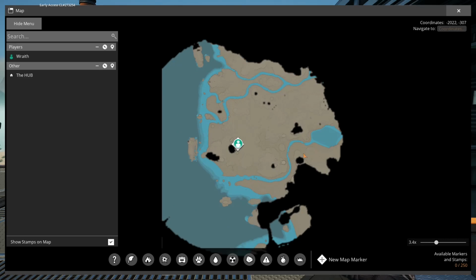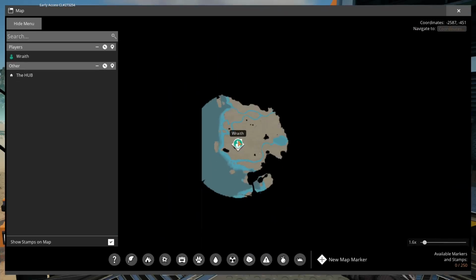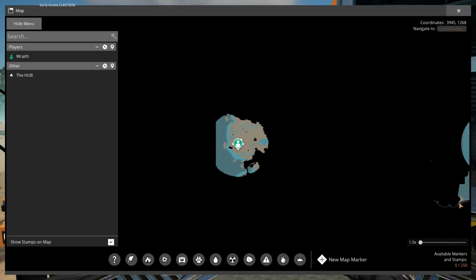You can see we kind of spawned over here. This is kind of like the cliff edge here. It goes around here. This is that waterfall I was lining up to earlier. Yeah, we have a pretty good radius around the hub that we can see. But this is the desert region here. So as you can see, the map is pretty big. Again, I have no idea what this is over here. It doesn't really let me move in the map. Not really sure why, but...